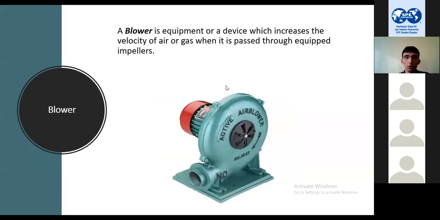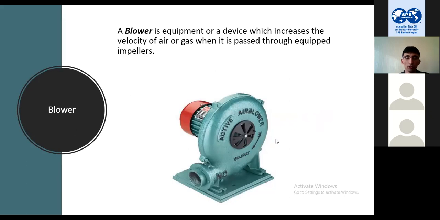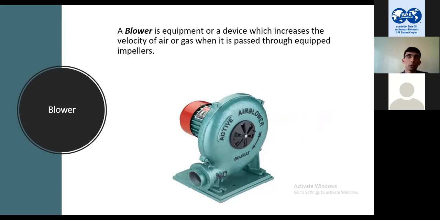This is a simple blower. It's called a blower, but it's like a centrifugal compressor. The only difference is air. Blowers are used for small capacities; they can help maintain flow, but they cannot create so much pressure. This one is an air blower, as it's written on the case. We use air blowers, and also nitrogen blowers,